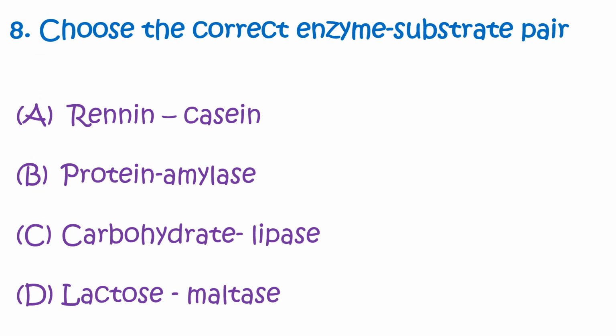Question number 8. Choose the correct enzyme substrate pair. Options are option A renin casein, option B protein amylase, option C carbohydrate and lipase, option D lactose maltase. Correct answer is option A renin casein. Now casein is a protein which is present in milk and it requires an enzyme. So renin is a protein digesting enzyme which curdles the milk by transforming the caseinogen obtained from the casein into